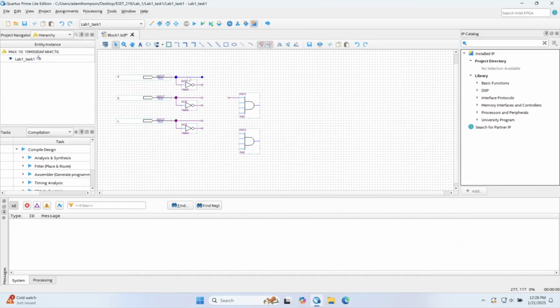So to make a virtual connection, you're going to need it to be a name of something. So you just select the wire and you just start typing. I'm just going to call this K. And then I'm going to select this wire here, and we're going to call this A naught. So now if I name any other wire A, this wire, this A here, and this A are connected,